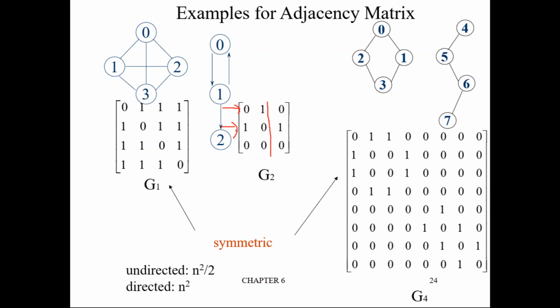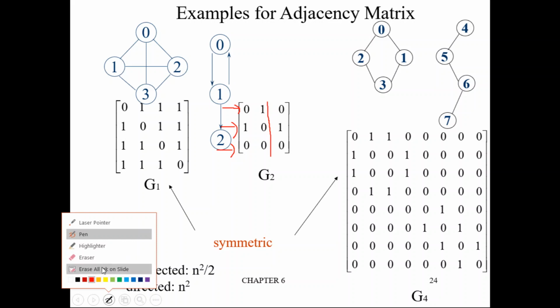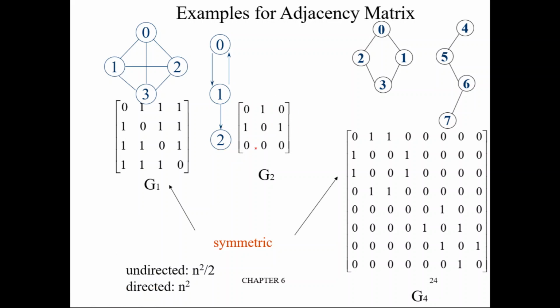If you call this as first row, 0th row, then this will be first column. Then this will be 0th column and this will be first column. Okay, so this row is 1 0 1, whereas this column is 1 0 0. So it's not symmetric. The last row is 0 1 0, whereas the last column is 0 1 0. So it's not symmetric, right? Okay, so this is how we create adjacency matrix, right?